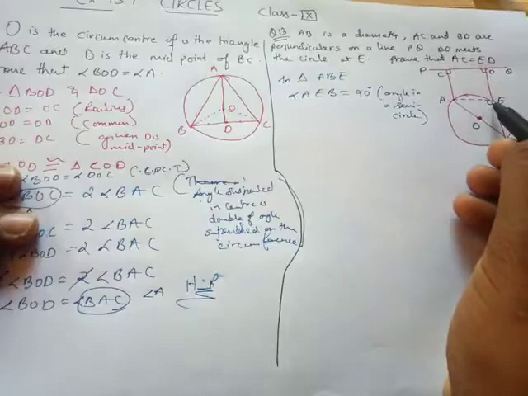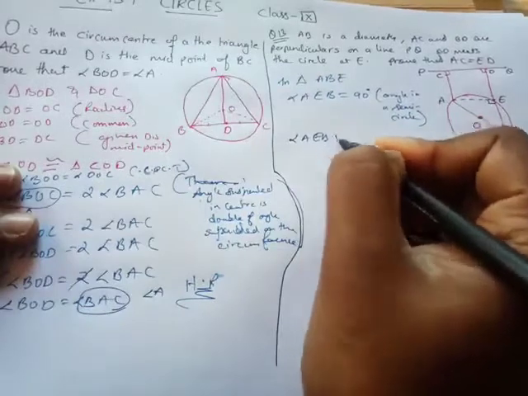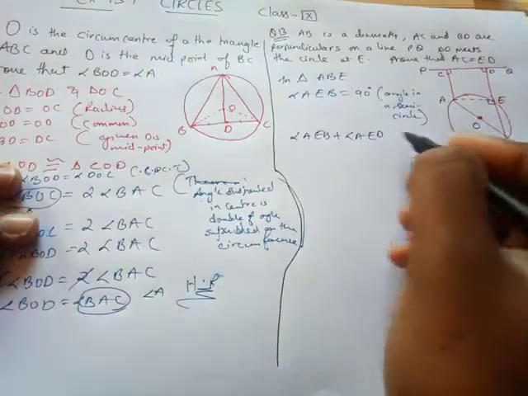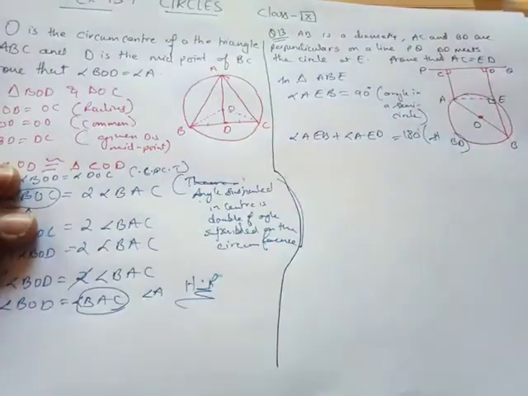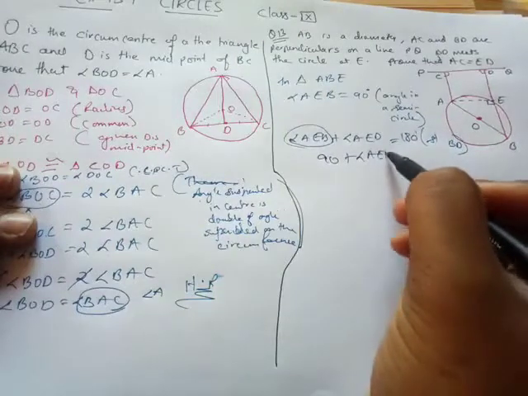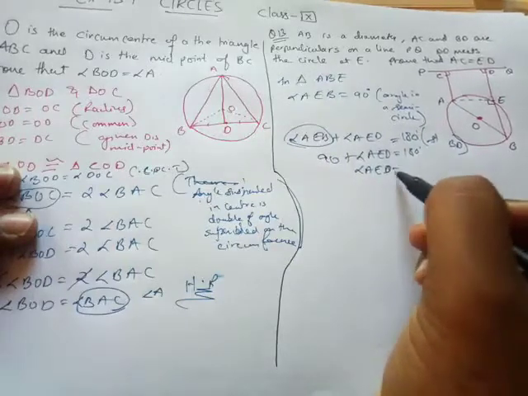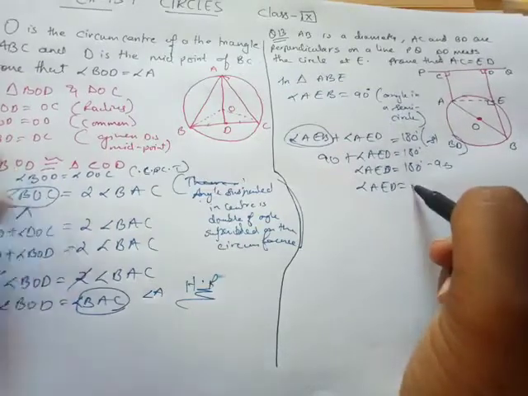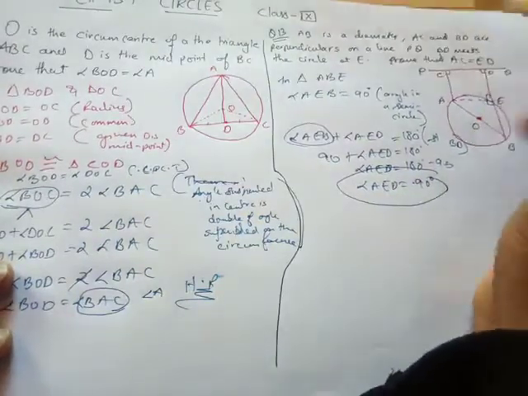Now if this angle is 90 degree, then can we find this angle also? So I'll be writing angle AEB plus angle AED, meaning this angle plus this angle equals to 180 degree, and the reason is straight line. Which straight line? BD is a straight line. So AEB I already know is 90, and I have to find AED, isn't it? Equals to 180 degree. 90 goes on that side, so AED equals to 180 minus 90. That's going to be angle AED is equals to 90. So what did I find out? That this one is also 90 with me.